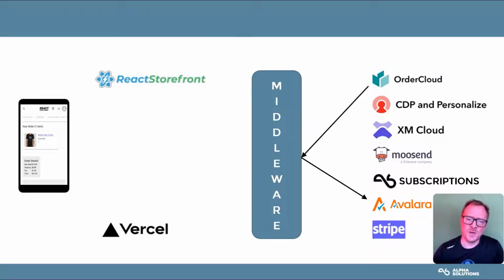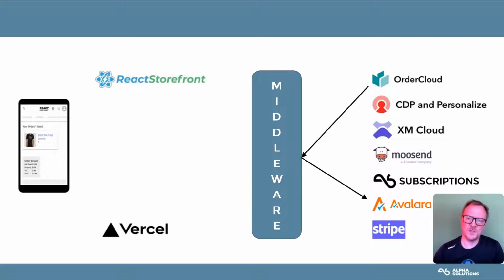Then there's something new, our middleware, or I could call it the glue. It's important that we don't mix these composable components together. They have to be totally separate, because the whole idea is that later on, say I want to use another tax service than Avalara, I can do that, and OrderCloud shouldn't care. Let's take an example. When a user submits an order into OrderCloud, there's an integration event in OrderCloud that we can set to call an external system. And that's what we do here.